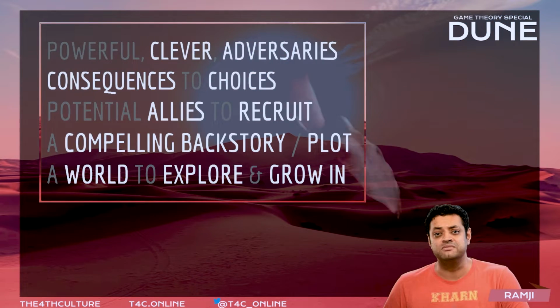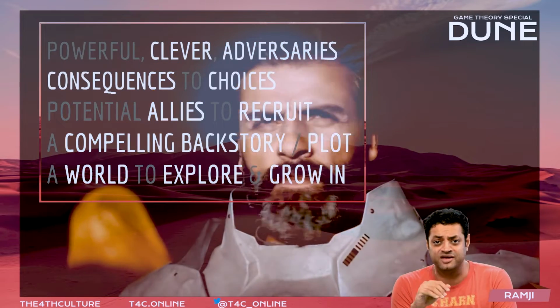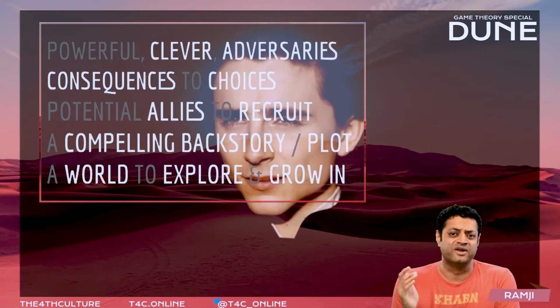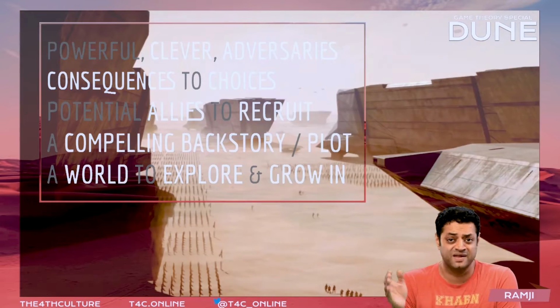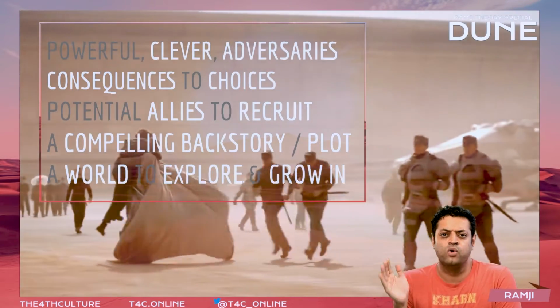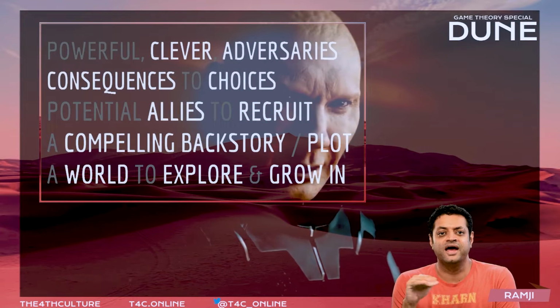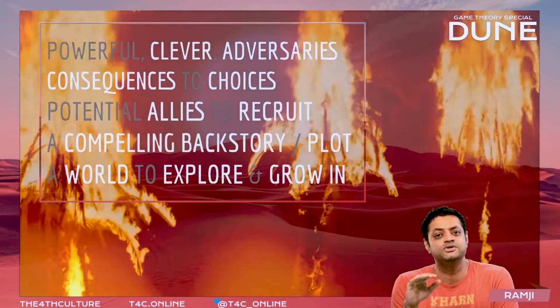MMOs and computer games do this very well. You are very clearly able to know that if you go into this zone over here, it's a newbie zone for levels 0 to 10. If you go into that zone over there, it's a 75 plus zone, so good luck. And I think that's one of the things that's harder to do with verisimilitude in a Dungeons and Dragons campaign, but you still can do it.